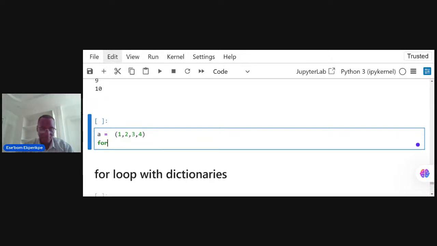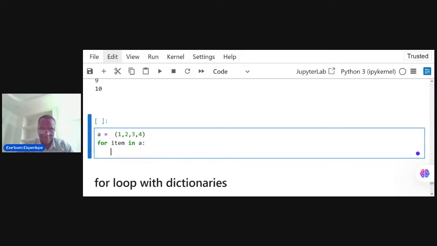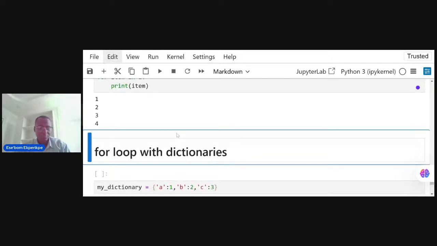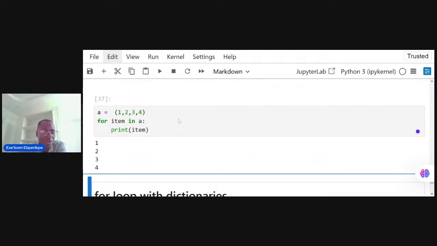Then I'll now say for item in A, print item. Okay, so it actually works. So we can loop through a